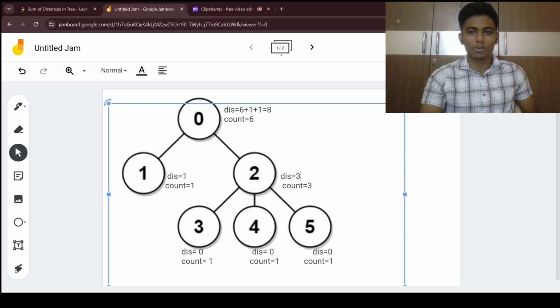Suppose let's say I got this distance. Now I need to calculate this distance. So to calculate this distance, I'm going to consider, suppose let's say the number of nodes which are present is n. So these nodes' distances will be increased by 1. Why? Because I'm shifting this node from here to here. That means I'm going to increase the